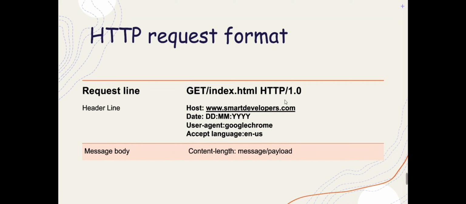www.smartdevelopers.com. That will be your host, and as I said, the port is 80 for HTTP. All these things are inside only. You guys will not see these things. Then there is the date, today's date, and the user agent, which is Google Chrome. I am using Google Chrome, that's why the user agent is Google Chrome, and the accept language is en-US. The request line contains the get method and the version, and the header line contains a host